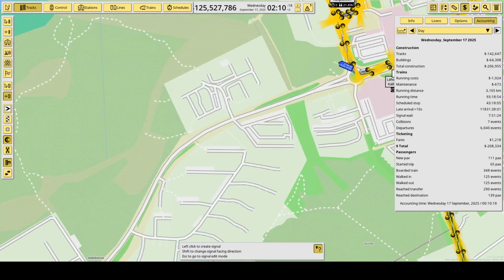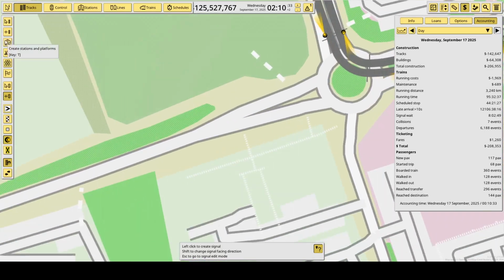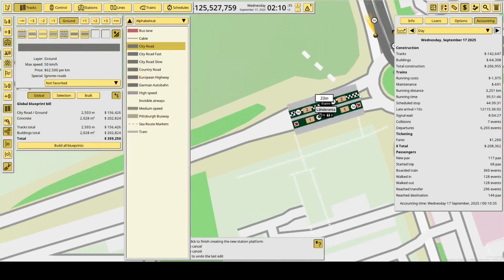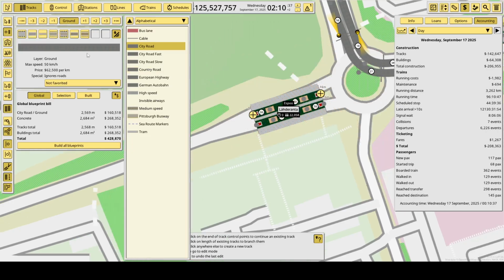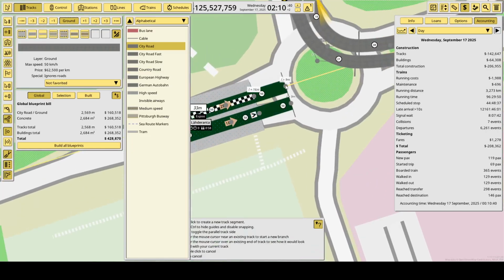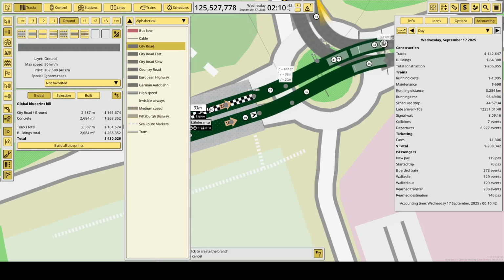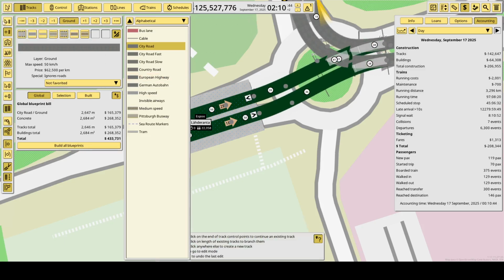After Lähderannan Risti, we will then stop at, well, there is a second stop called Lähderannan Risti, which is located in here, and I will create it because I will need it later on. So there we go.